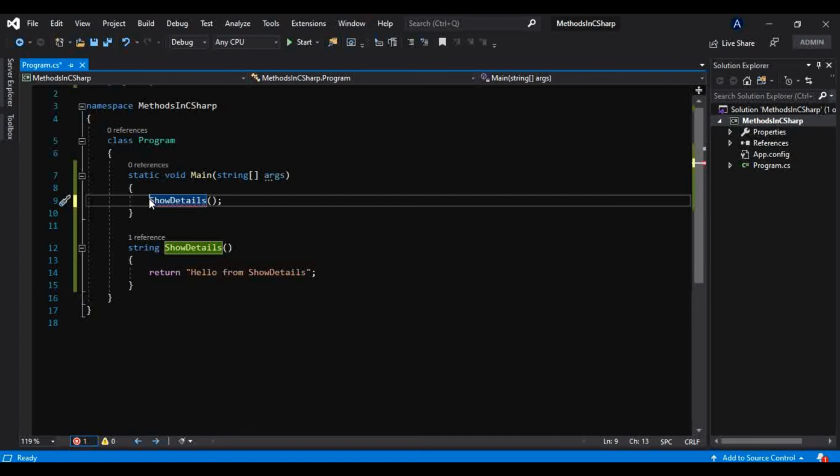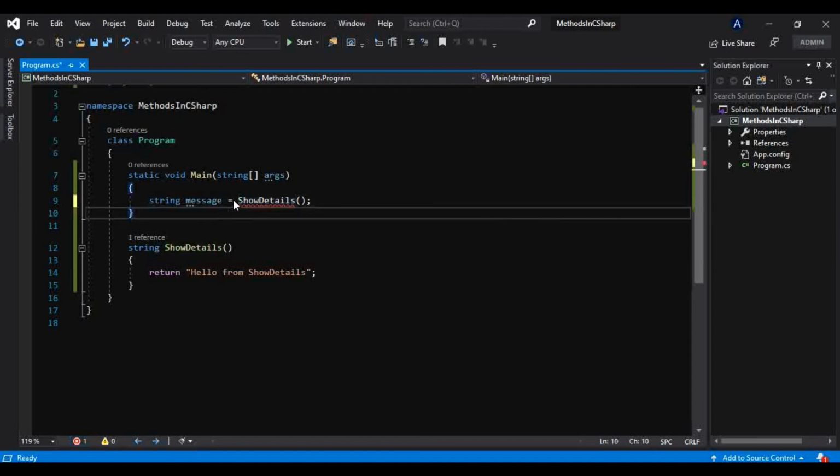I can take one variable of type string, something like this, and I can give a name like message, and in that I will store this method.